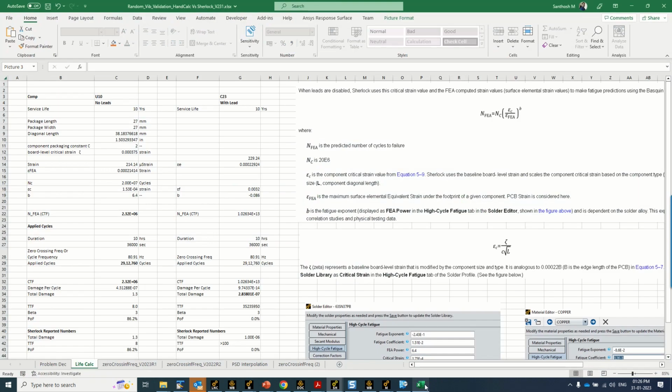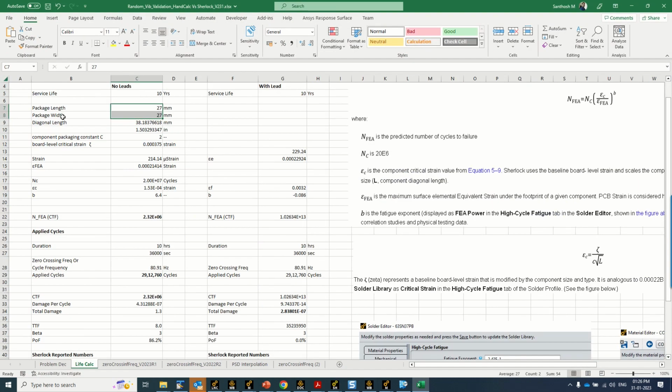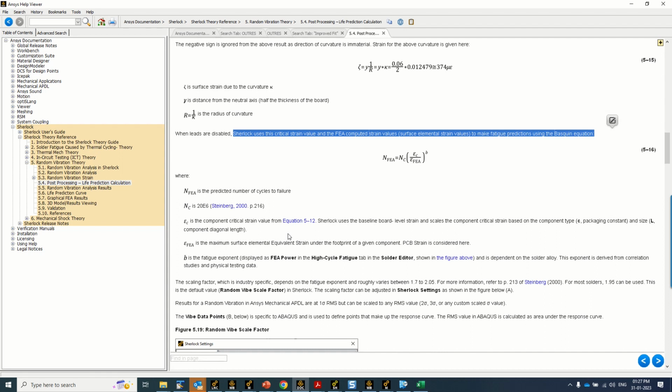direction, 27 mm, right? So I'm going to put the width as 27 and length as 27, and the diagonal is calculated as square root of x square plus y square, okay? This is in mm. We need to convert this into inch such that we will get this factor L, diagonal length. Then the zeta, this zeta, as I explained here,